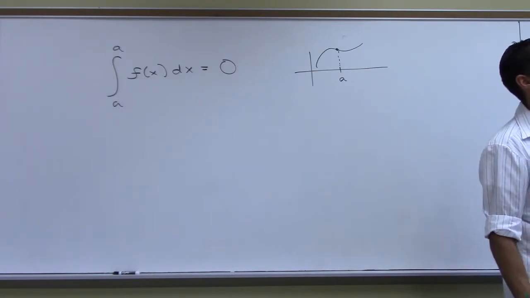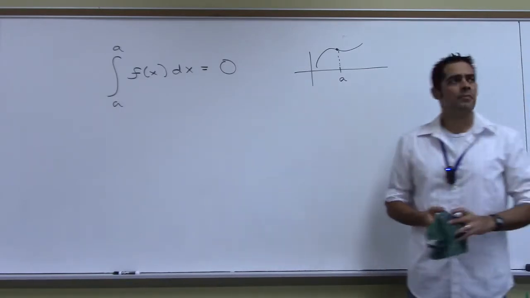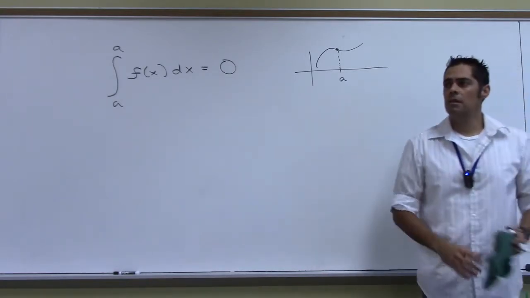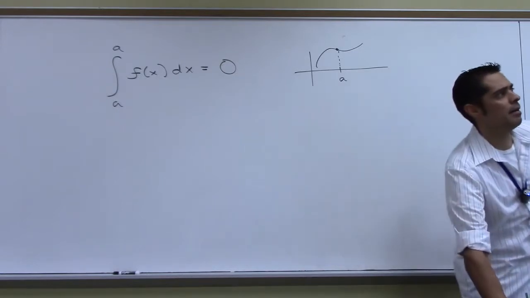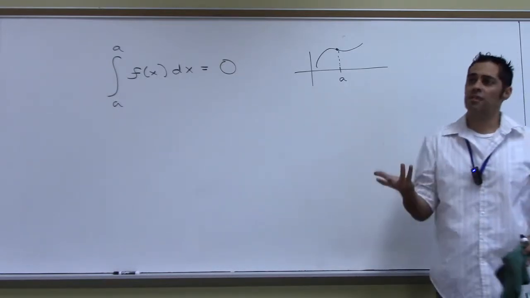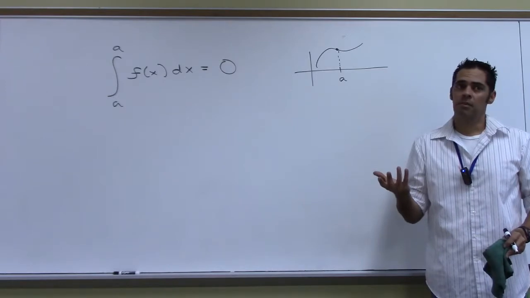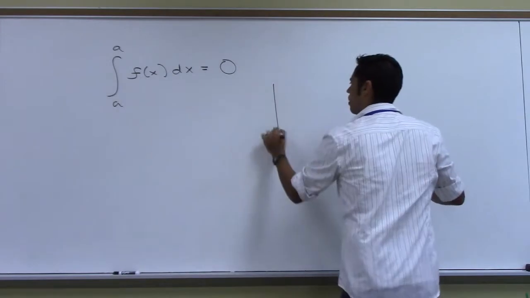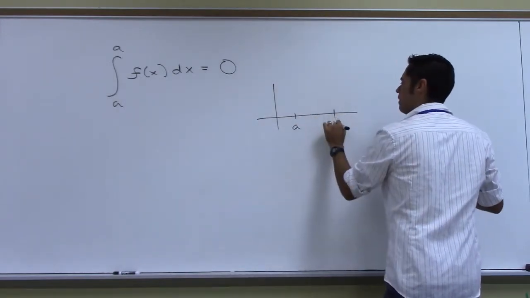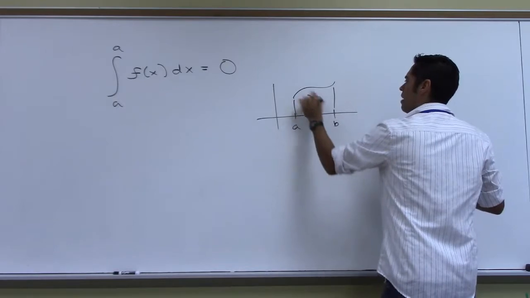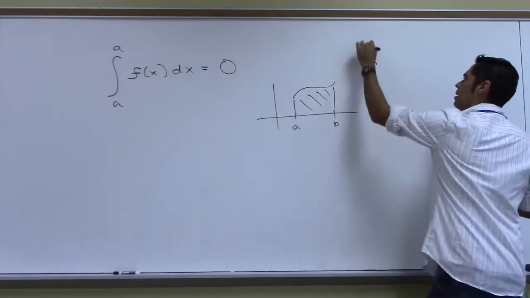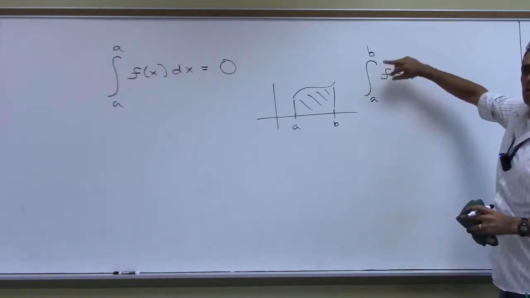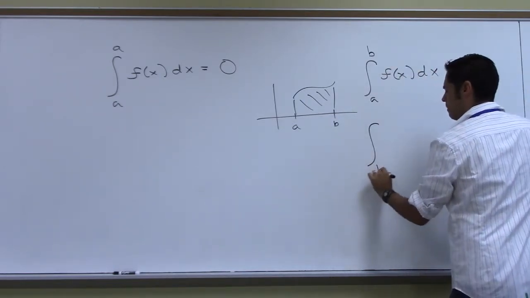The next property says that if you integrate and you go from a to b, that's equivalent to going from what? B to A and change the sign. But you have to change the sign. So in other words, if you have an area under a curve from A to B, like this, whatever that area is, here's the integral that represents that. If you switch the order and you go B to A instead,